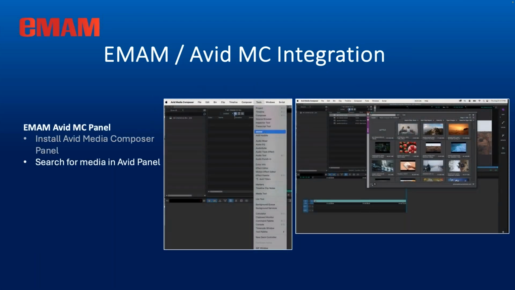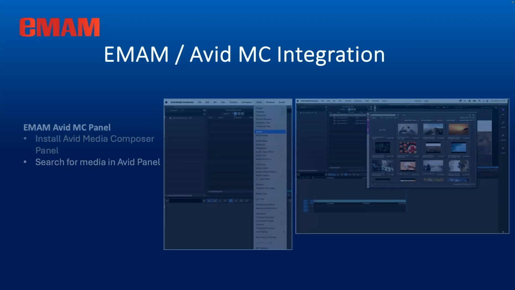Now, within the Media Composer, I can go in and search for media through that panel. Very similar to the others, you're able to go into the eMAM system, open up this extension or panel, do a simple search or advanced search, find the media inside of the eMAM system, and then link it with a project within your Media Composer.